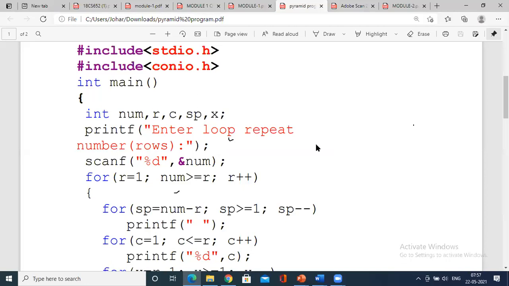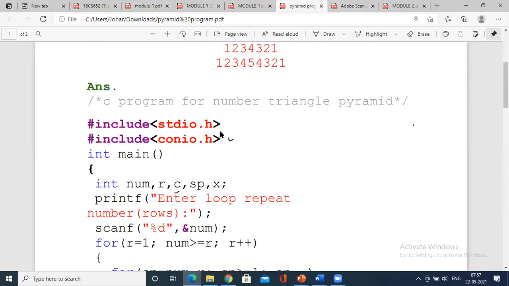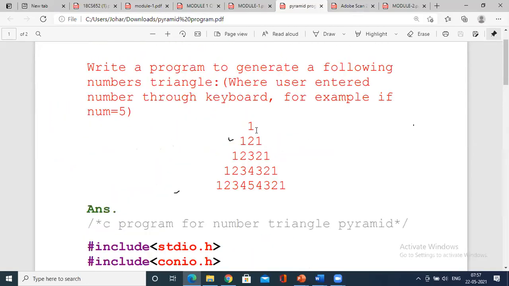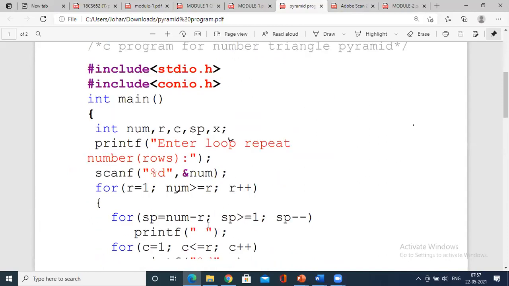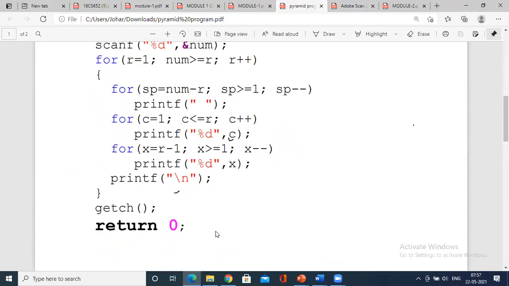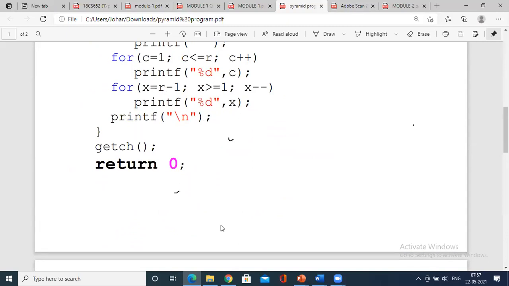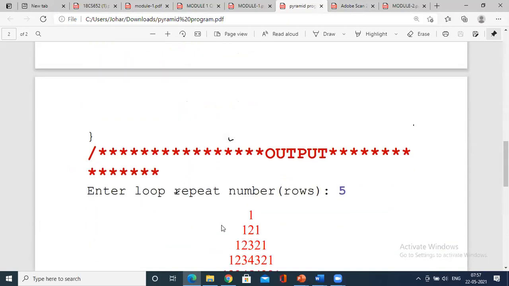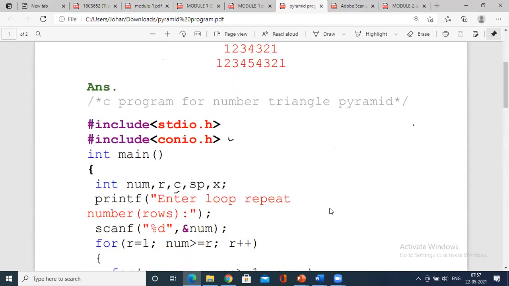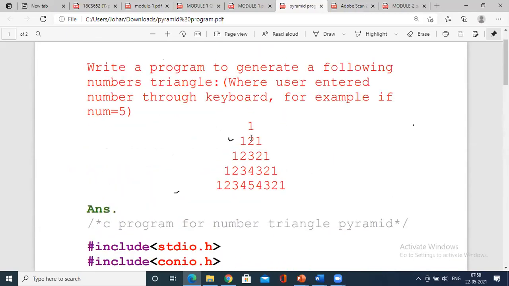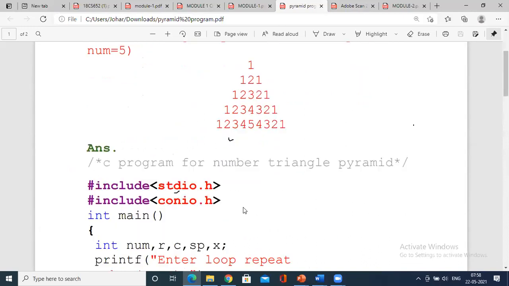So here is a pyramid program. What we are going to do is construct a very simple pyramid in the same fashion. It depends upon the numbers that he uses. He has used 0 0 0. I'll input 1 2 3 4. It is only the thing you insert inside. So enter the number of rows. I'll enter the number of rows equal to 5. 5 rows.